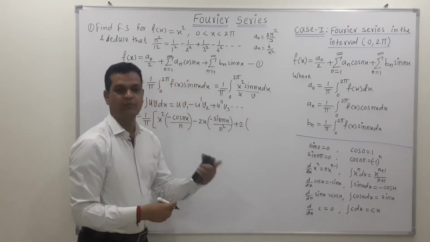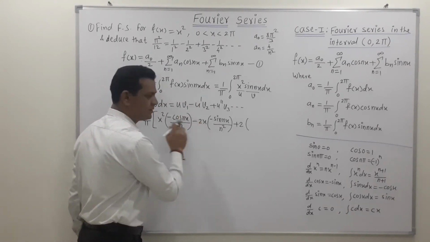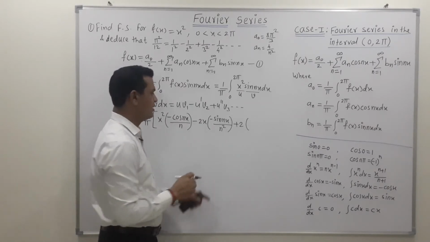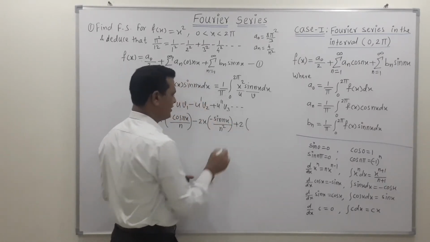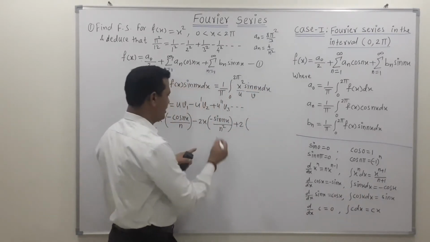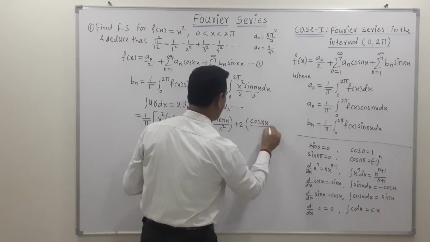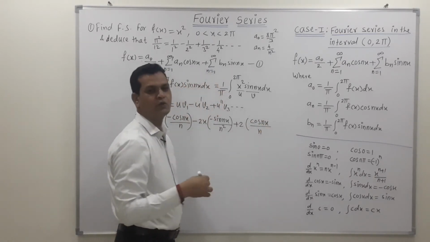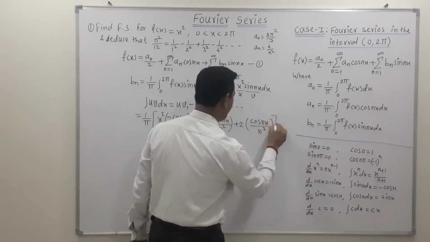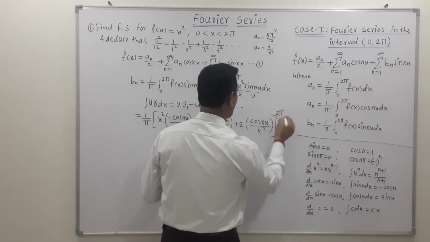While taking the derivative of this term, friends, we never consider the minus sign, because this minus sign is because of the generalized rule for integration by parts. So don't consider that sign. Then integration of the sine term: integration of sine is minus cos x. So this minus minus becomes plus. We can write cos of nx upon n square into n, and we get n cube. Then this will get over. Then its limit is 0 to 2 pi.